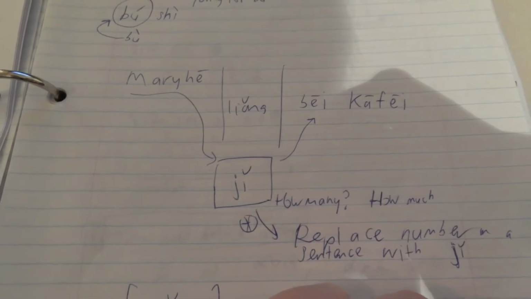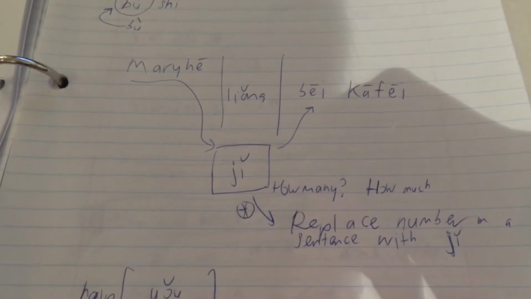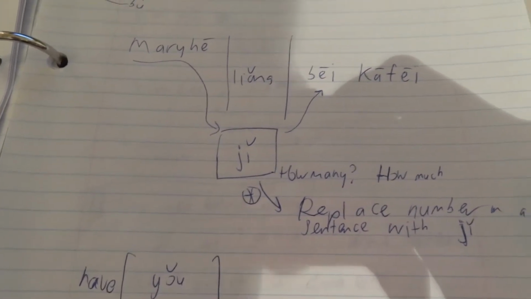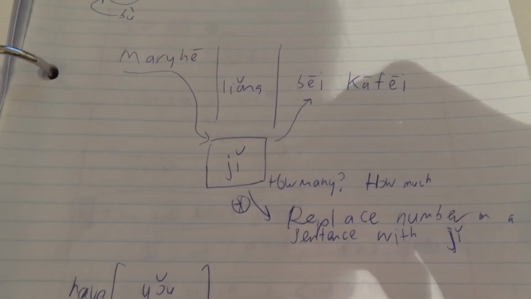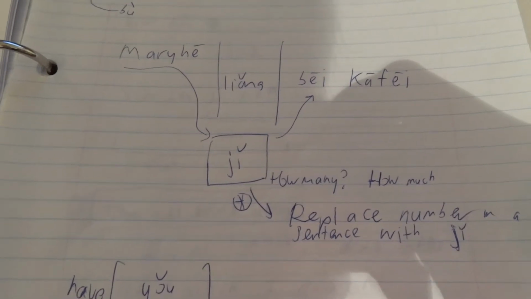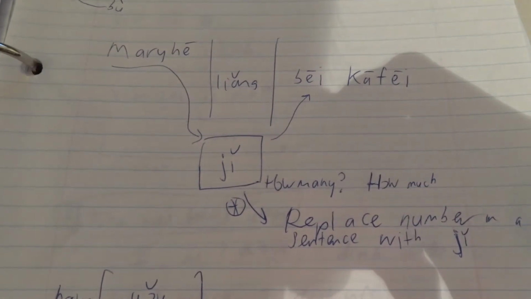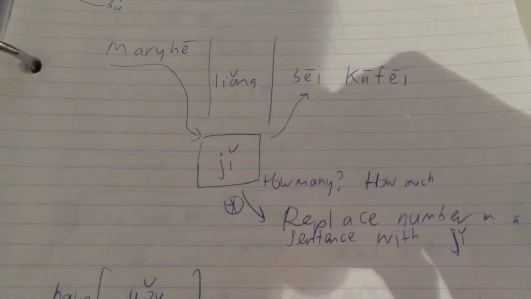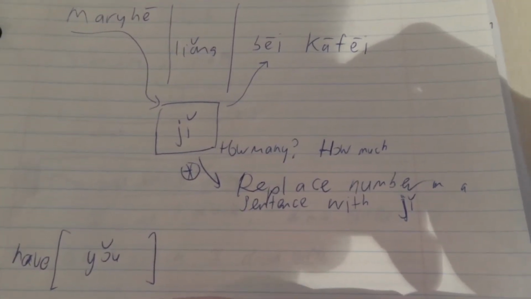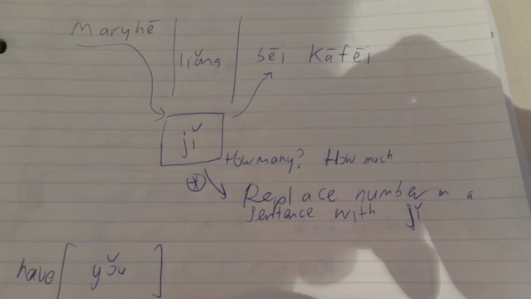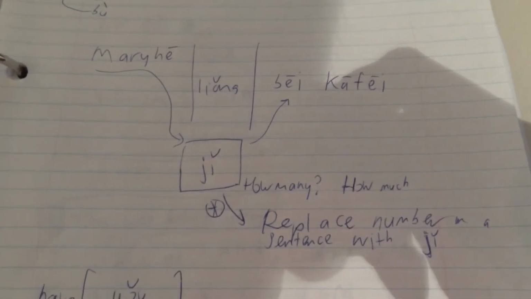Okay, so here we go, something we learned a couple classes ago about 几, which is how many or how much. So if you wanted to ask how many cups of coffee does Mary drink, you can say Mary 喝几杯咖啡. How many or how much? You replace the number in a sentence with ji. I remember last tape I actually thought it was je, but it's actually ji because of the i. So Mary 喝几杯咖啡.